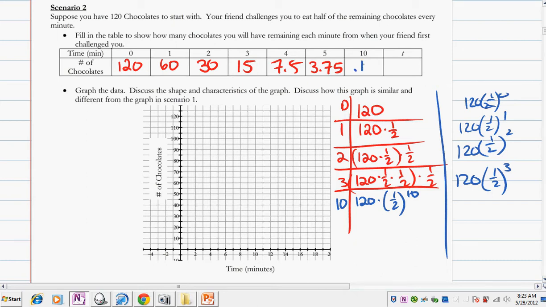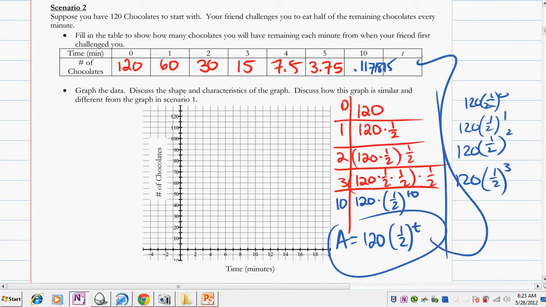You'd have 0.1171875 pieces left, and to the t in general would be 120 times 1/2 to the t equals the amount that you have. Now some people are like, well, it's dividing by 2, and you'd find that it comes out to be the same. I just wanted to generalize it this way because you'll see it often written as a multiplication problem, not a division problem. So graphing this, start with 120,